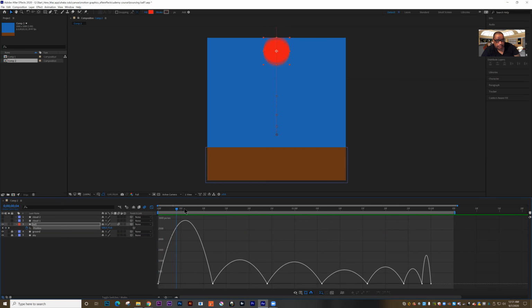So here's the ball smashing down, and then here it is bouncing back up. And then on this keyframe, it's bouncing back up. And this keyframe is hitting the ground. And this keyframe is bouncing back up. So on the keyframes where the ball is bouncing back up,